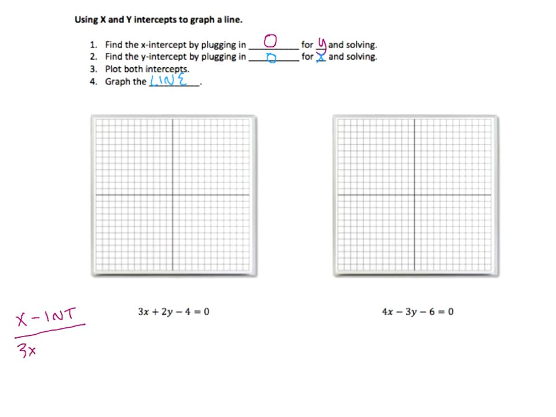All right. 3x plus 2 times 0 minus 4 equals 0. So I'm going to add 4 to both sides, and I get 3x equals 4. Divide by 3. x is 4/3, which is the same thing as 1 and 1/3. Whenever you're graphing, that's the only time I'll tell you it's smart to change to a mixed number, because it's easier to think about graphing 1 and some change than 4/3. That just doesn't even make sense to think about.